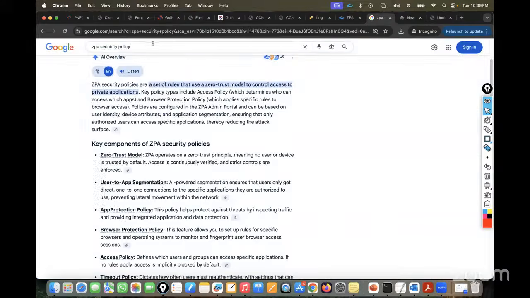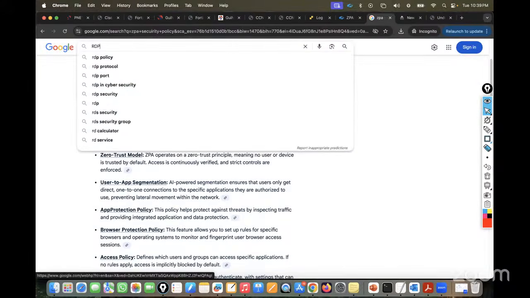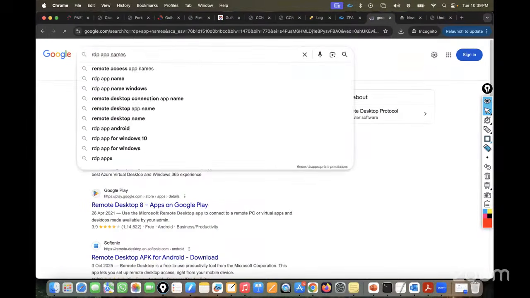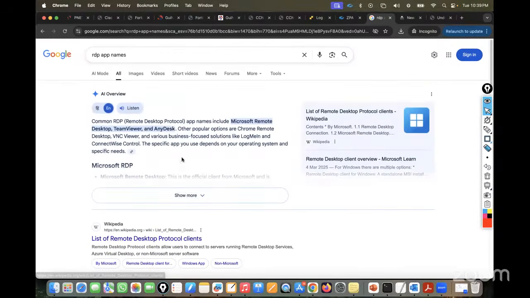I forgot the name, RDP app. Take an example, RDP apps. We have a lot of RDP app names. You can see TeamViewer, AnyDesk, Microsoft Remote Desktop. This is the RDP app, right? So any RDP app you are accessing, right? And I want to make sure if someone is going to access this RDP to access any company database,